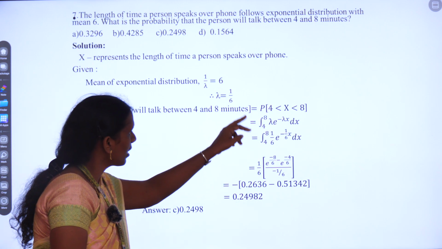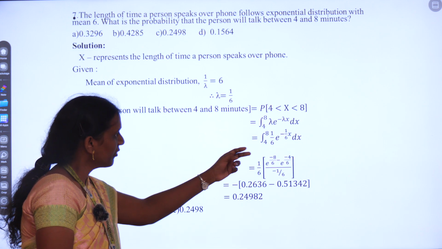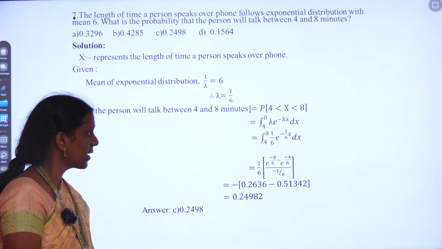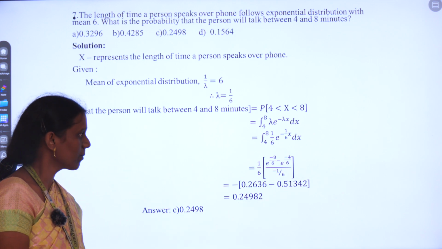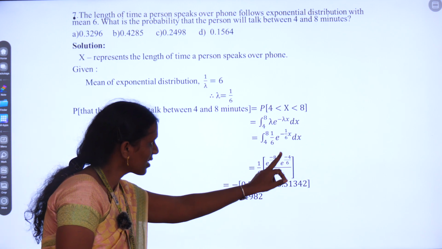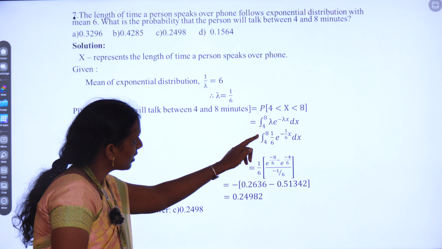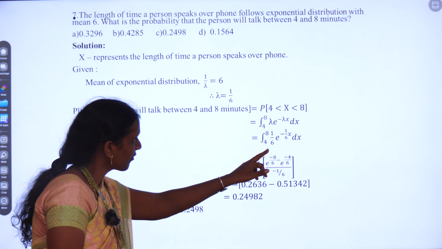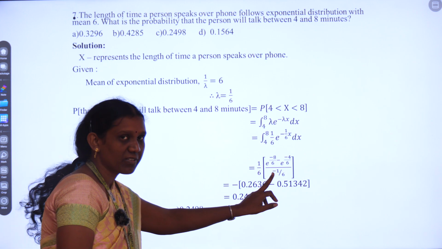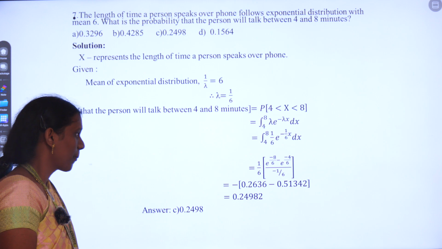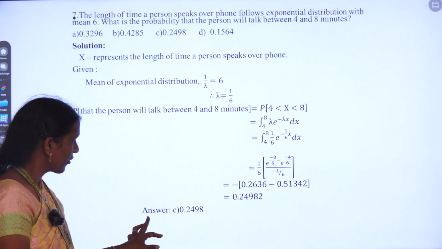Now substitute the value of lambda. Lambda is 1 by 6, also in the power. Before integration, take the 1 by 6 constant outside. Now integrate this. The integral of e power minus ax is e power minus ax divided by minus a, that is minus 1 by 6. What is the a value? The a value is 1 by 6. After integration, substitute the limits. The upper limit is 8 and the lower limit is 4. Therefore e power minus 8 by 6 minus e power minus 4 by 6. Now the denominator will get cancelled and we have minus 1 in the denominator. After calculation we have 0.24982. So the answer is option C,